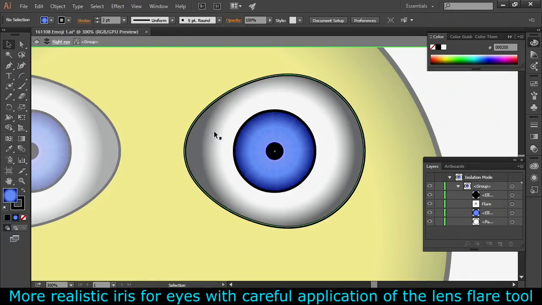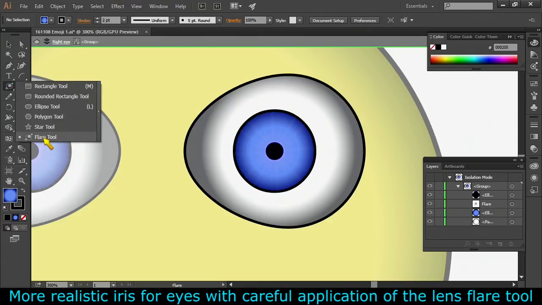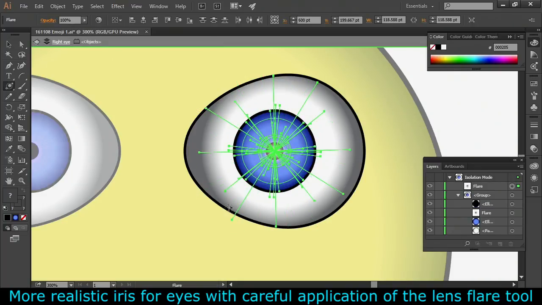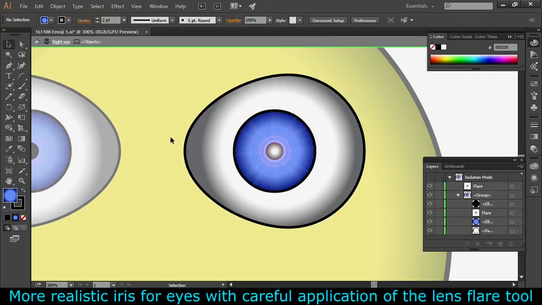Now one of them does look pretty good, so maybe a second one will add a little more of that to it. So I'm going to try that again. I'm going to go over here to my lens flare tool. Once again, that's where it's at. And I'm going to pick this, and I'm going to make it slightly larger. You definitely don't want it going out too far, but since we have white here, it's not going to show up too much, but we're going to get another set of lens flare lines inside of that as soon as we reposition it. So let me undo my selection tool, bring the second flare back in there,